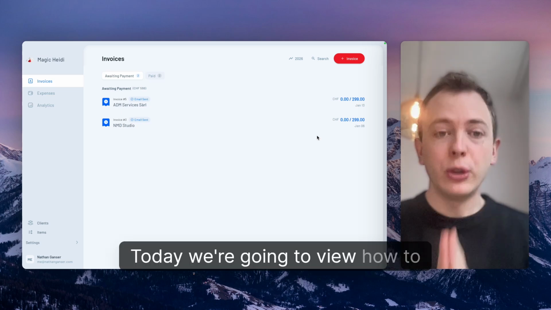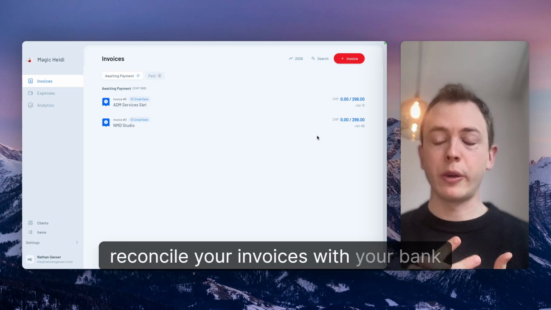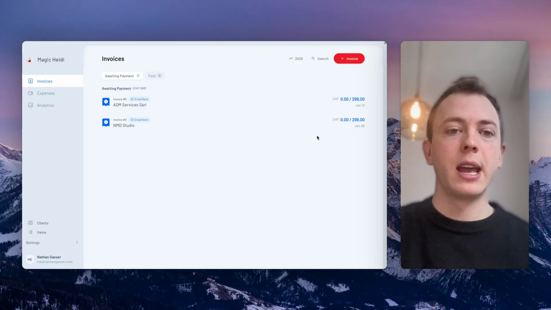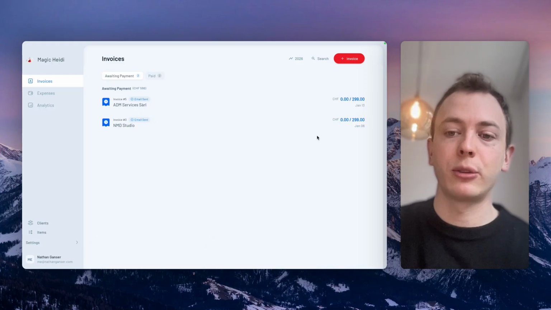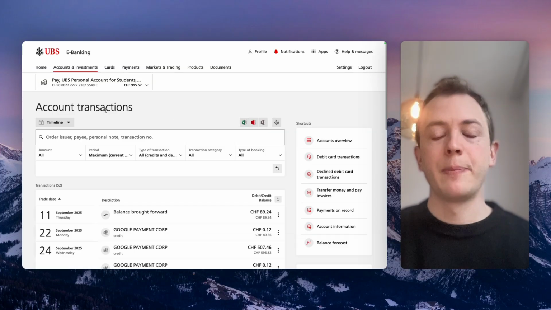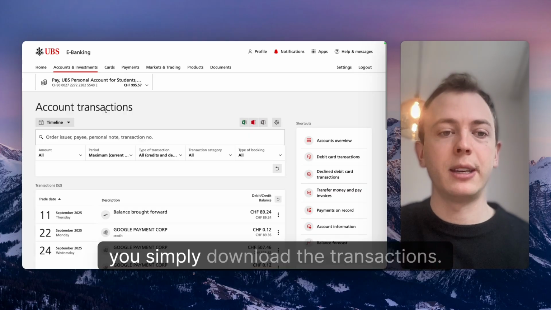Today we're going to view how to reconcile your invoices with your bank payments via e-banking. So simply what we're going to do, Magic Heidi doesn't have a direct connection with banks, so instead what you do is you go into your e-banking, you go into your account transactions, and then, for example, you simply download